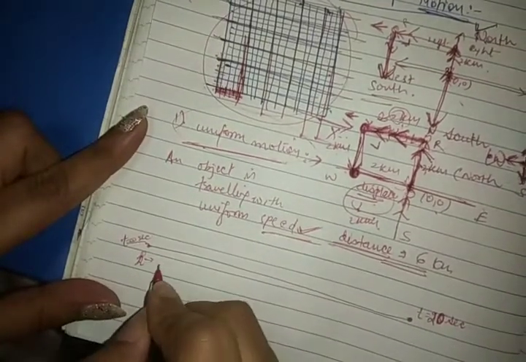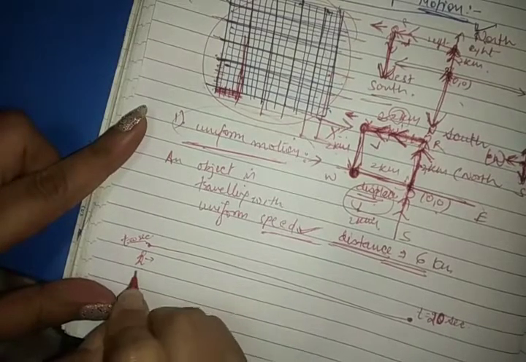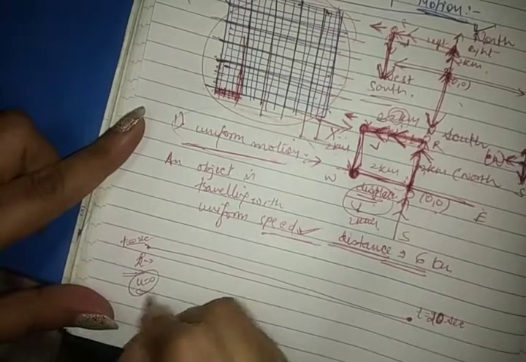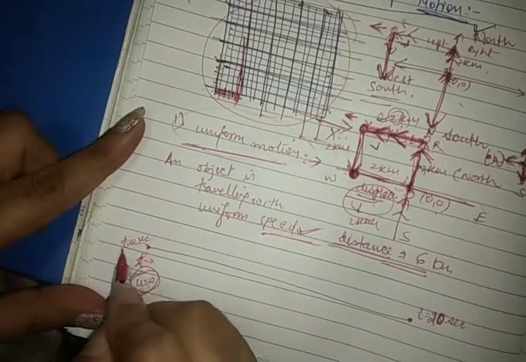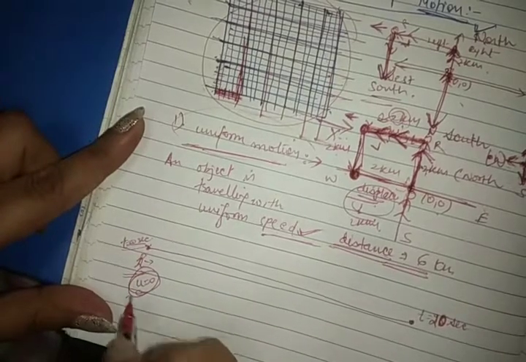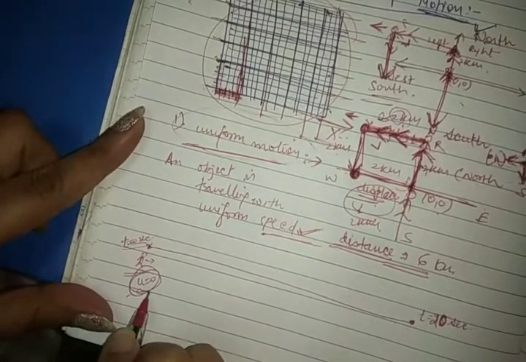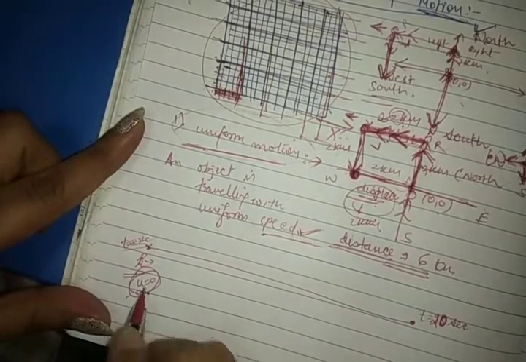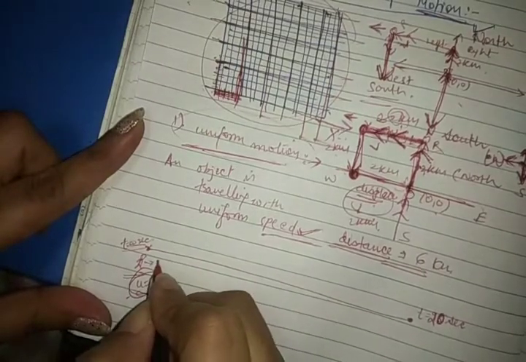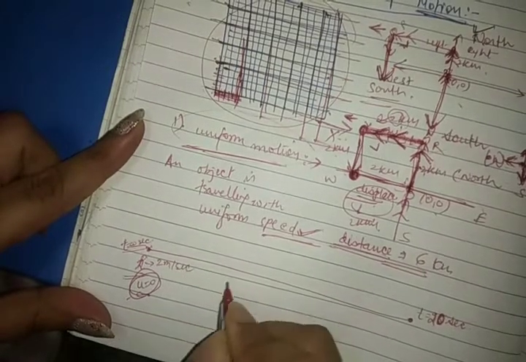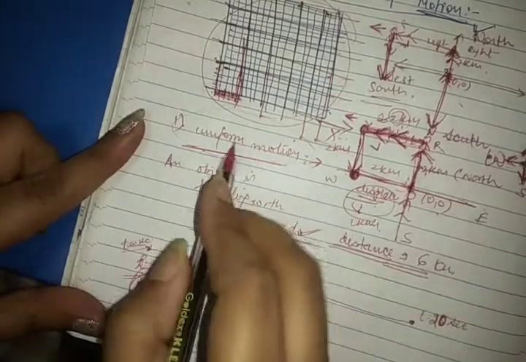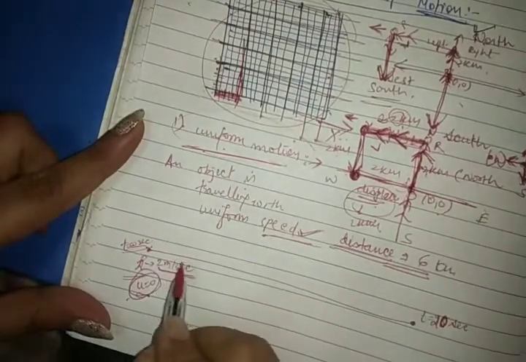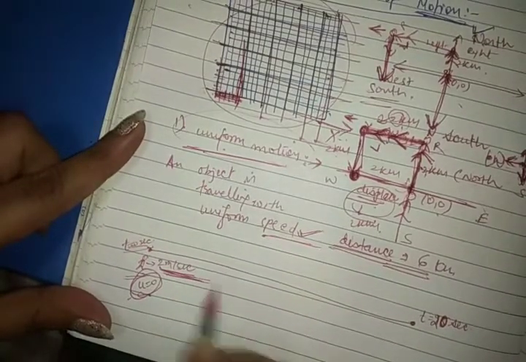Initially you are in a stationary position, like your velocity is 0. Initial speed is 0, because at time t equal to 0 second you just started. That means initially you are at rest, not moving, and if you are not moving, then your initial speed will be 0. Okay, now you start traveling with some speed. Let's say you are traveling with 2 meter per second speed, and you continue this speed because we are studying uniform motion. So you continue your speed up to time 20 seconds.